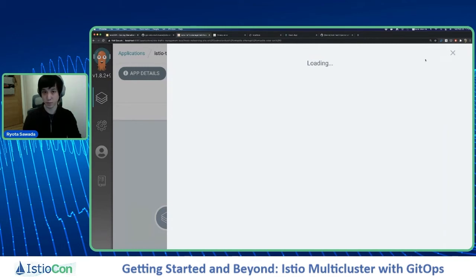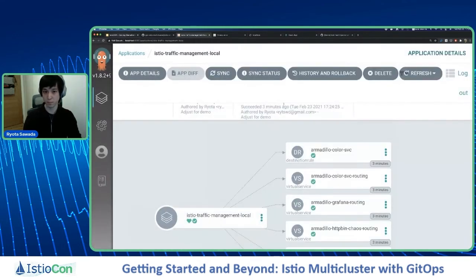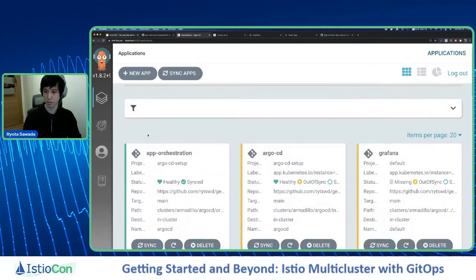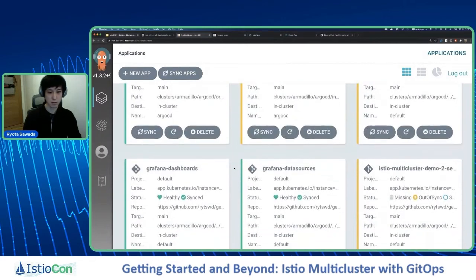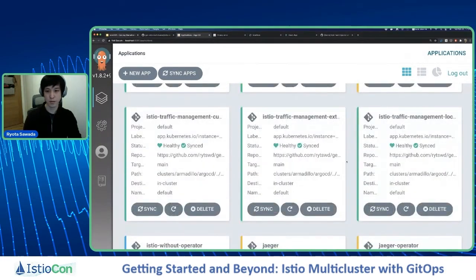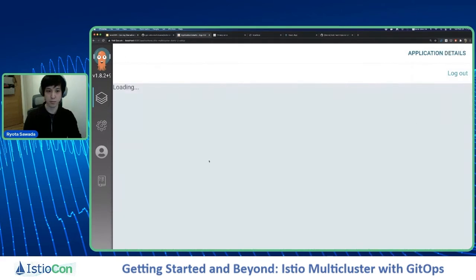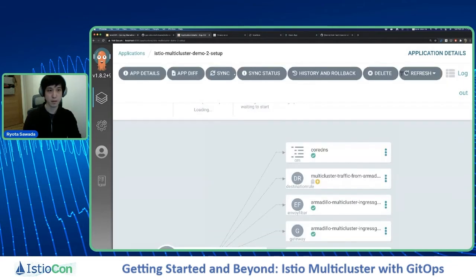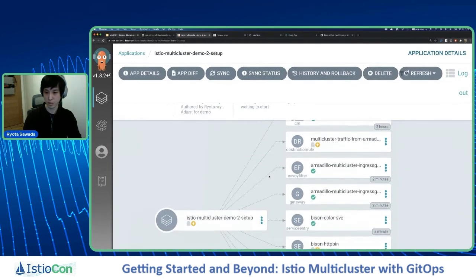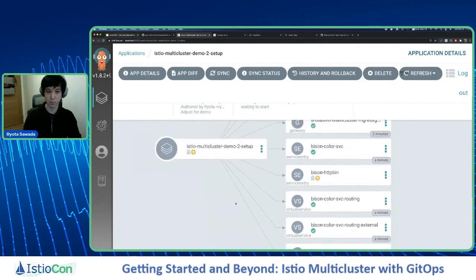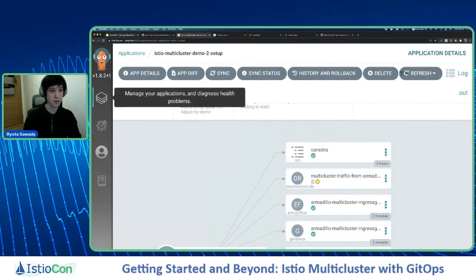I'm having a little bit of slowness here, so I'm going to probably close that. And let me get back to the application stack. So at this point, I have traffic management setup mostly done. Let me see if the demo setup has been completed. And it's taking a little bit of time. And it has done Envoy filter, but some of the services, some of the setup has not been done completely. So if I get back,